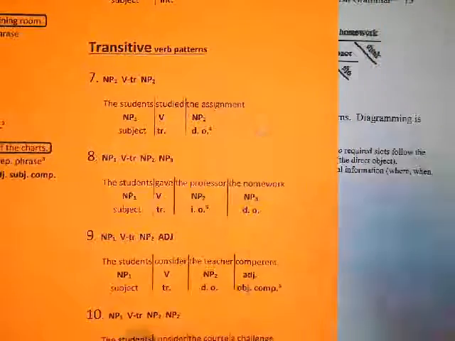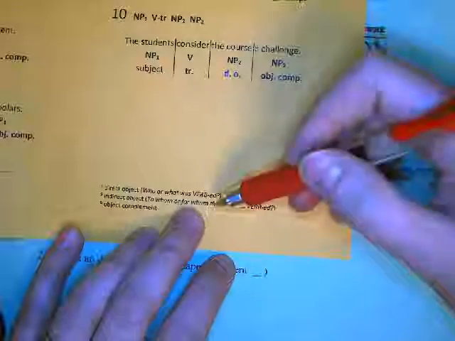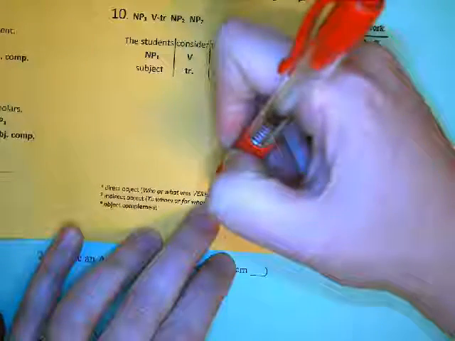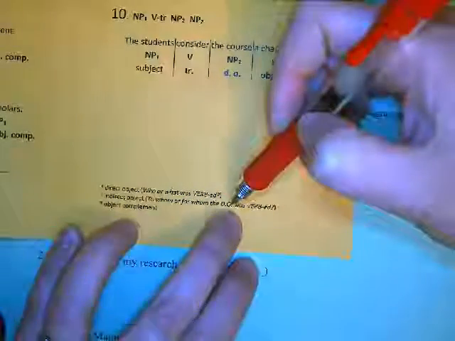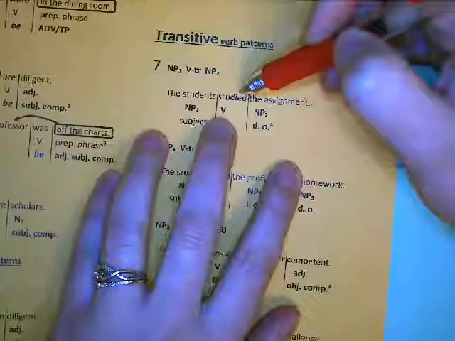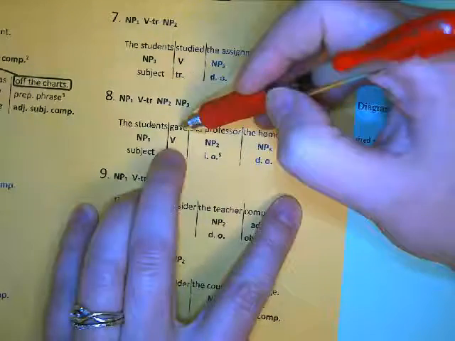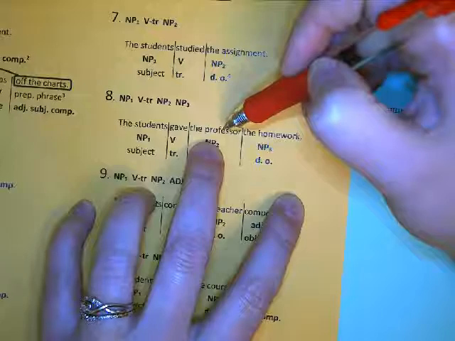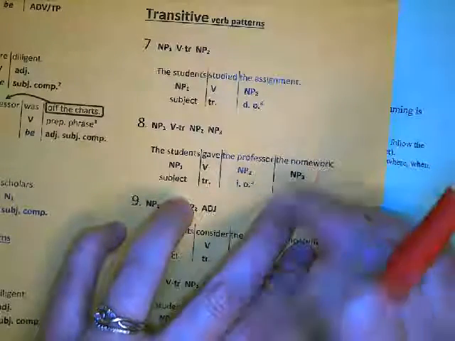And then we have a direct object and an indirect object. And so we said in class that it's really useful if you use those questions that are at the bottom of that orange handout. Who or what was verbed, just substitute whatever your verb is. And then to whom or for whom was that direct object, whatever. So in this case, the student studied the assignment, right? Who or what was studied, the assignment. Who or what was given, the homework. To whom or for whom was the homework given, to the professor. Okay, so the professor is going to be your indirect object, and the homework, what was given, is going to